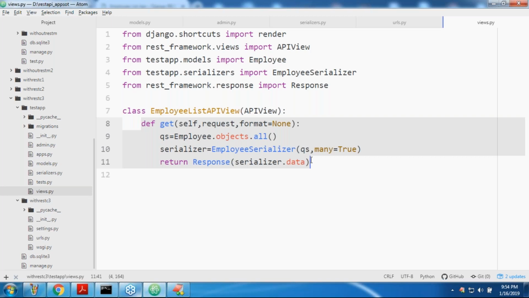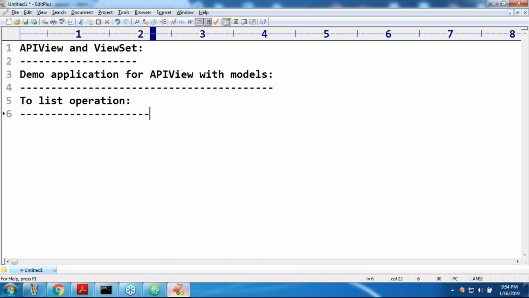Then it is better to go for one special class. What is that special class? ListAPIView. It is a specially designed class meant for list operation only. If you want to get a list of all resources, I highly recommend you go for ListAPIView. Where is this class present?